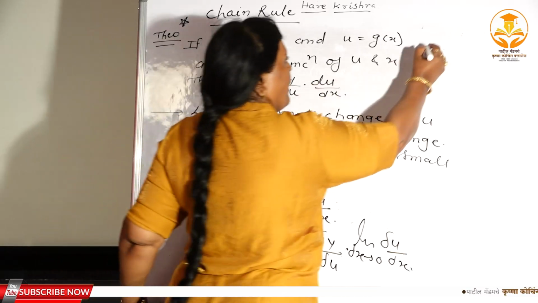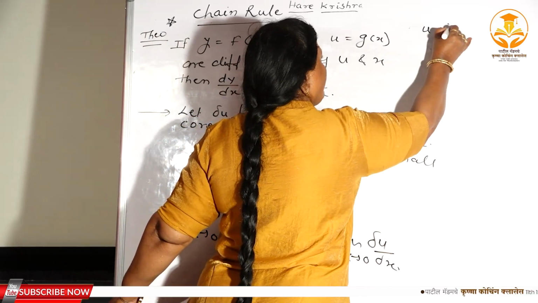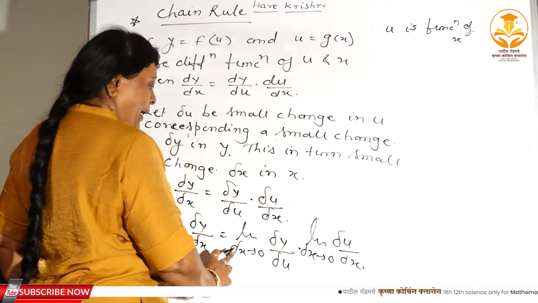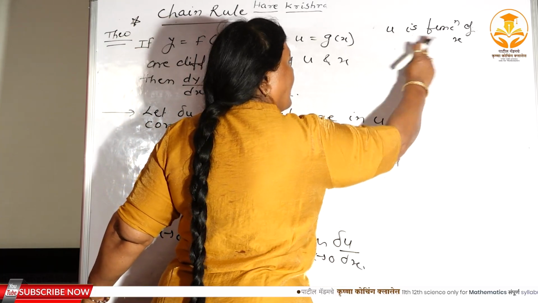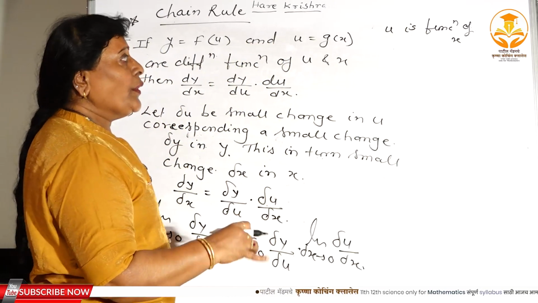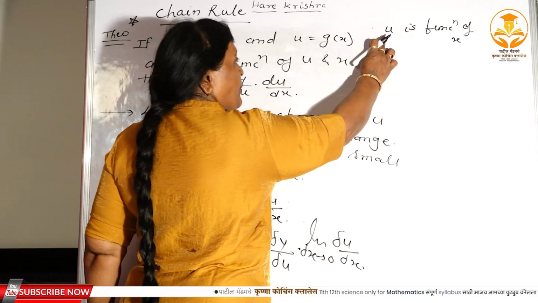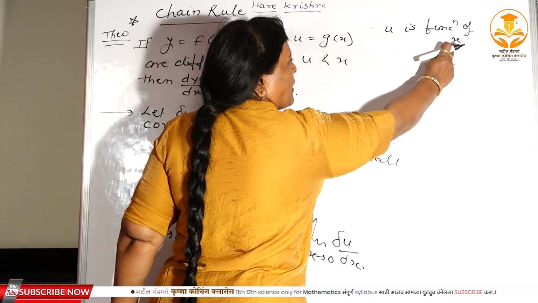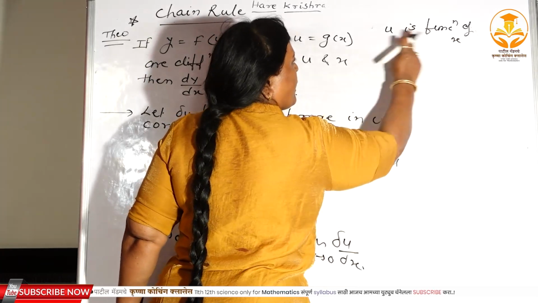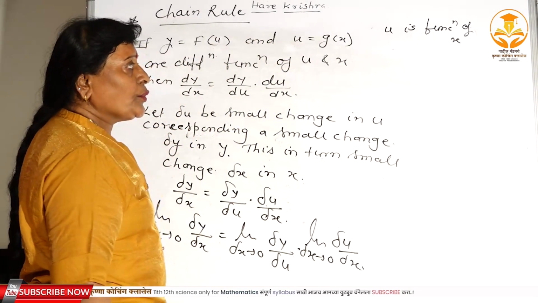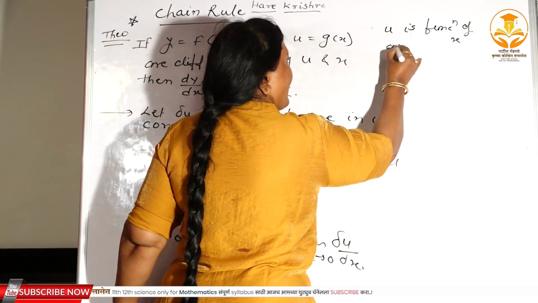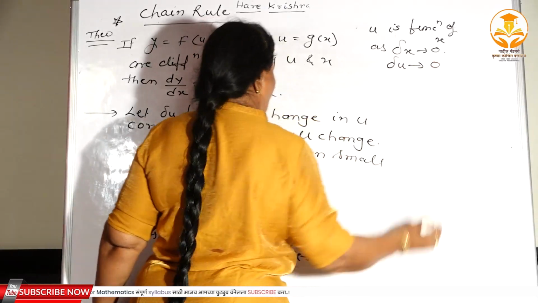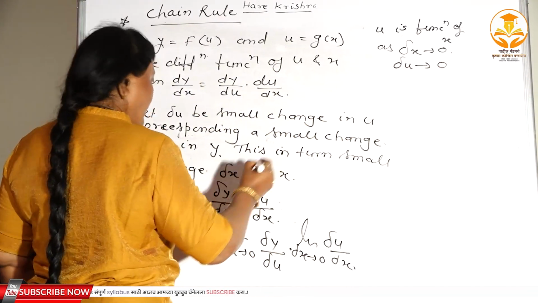Because here u is a function of x. u is a function of what? Of x. And the change in the value of x approaches 0. Therefore, automatically the change in the value of u also approaches 0, because u is a function of x. And if the change in this approaches 0, the change in the other also approaches what? 0. Therefore, as del x tends to 0, del u also tends to 0. Therefore, here you can write, see,